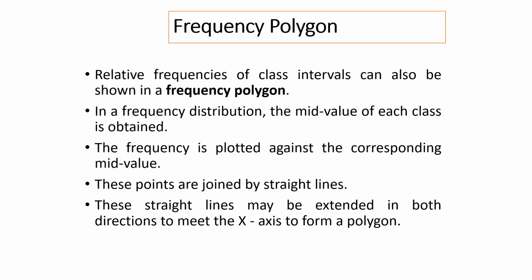Then we continue with the frequency polygon. The relative frequency of the class interval can also be shown in a frequency polygon. From the frequency distribution, the mid value for each class is obtained. The frequency is plotted against the corresponding mid value. These points are joined by straight lines. This straight line may be extended in both directions to meet